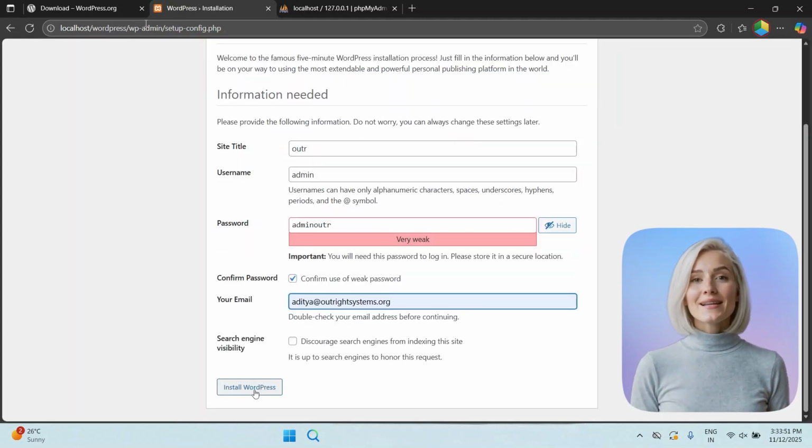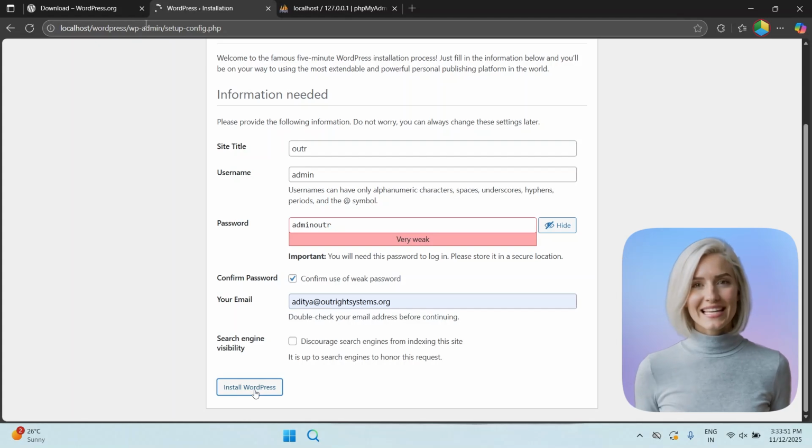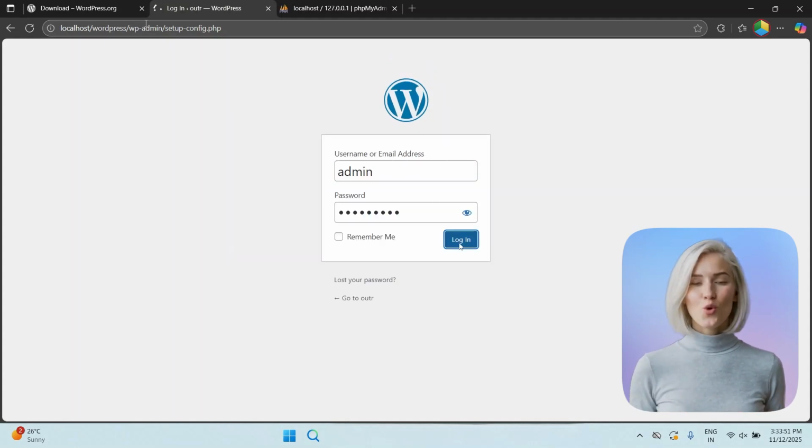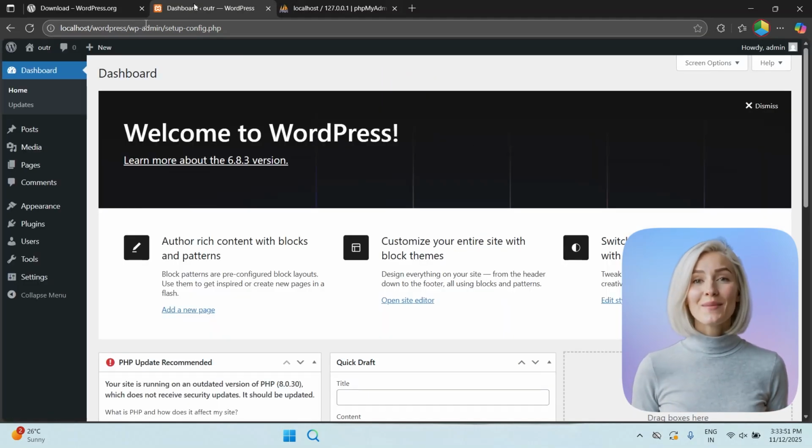Set your site title, admin username, password, and email. Then click Install WordPress. Within seconds, your setup will be ready. Click Login, enter your credentials, and you'll reach the WordPress Dashboard, where you can manage your site, design pages, publish